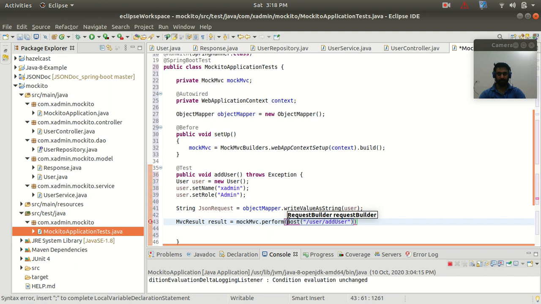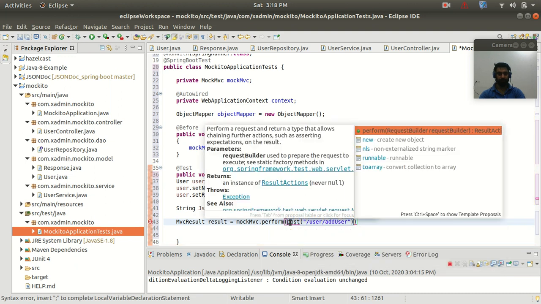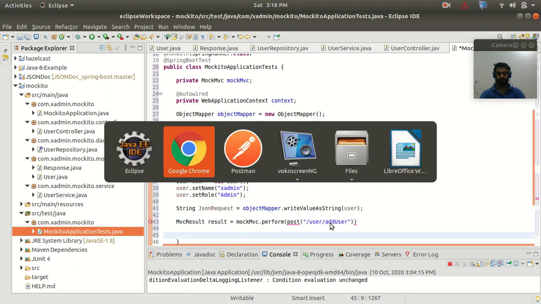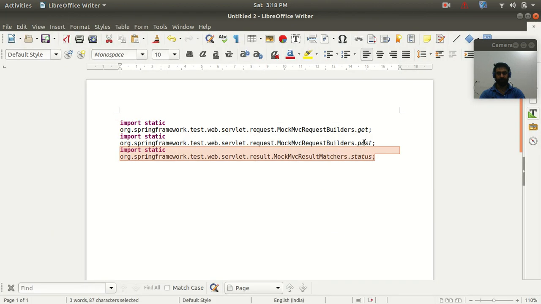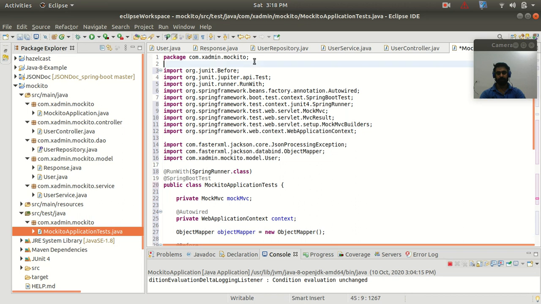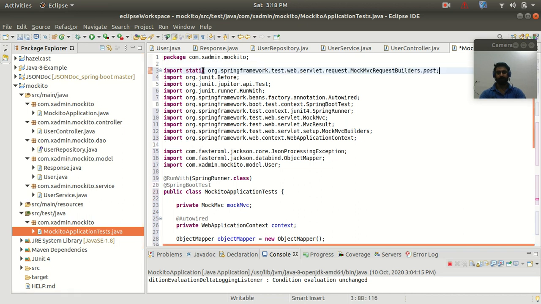And let me import the package for the post method. All right, so I don't know why I'm not getting it, so let me paste this import statement. So we need to import static from org.springframework.test.web.servlet.request.MockMvcRequestBuilders.post method. All right,